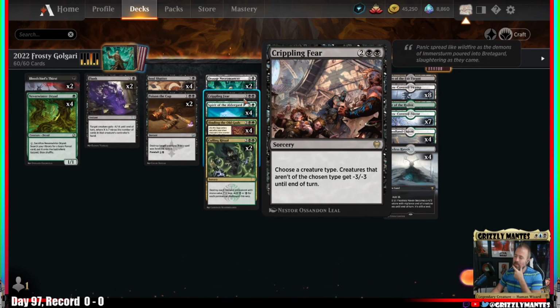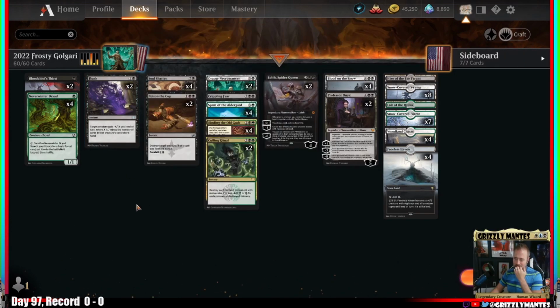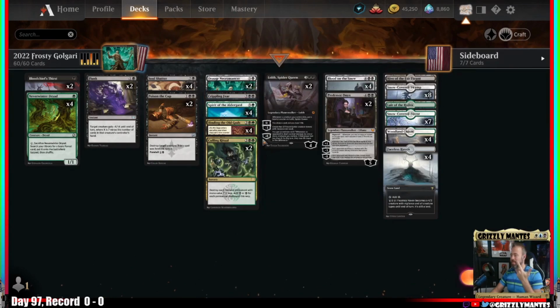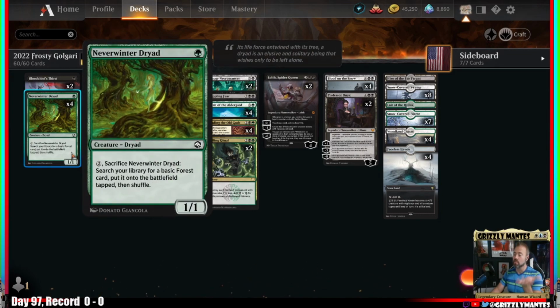And then I do have a lone Crippling Fear. This should probably be cut, but I just like it. I like it as a board wipe. It should probably just be cut, though. If I cut it, I'd probably put in a Flunk or something. It's like the board wipe. We do have a lot of board wipe, but you can never have enough board wipe. Anyone who says that's crazy. Now, as far as ramp goes,